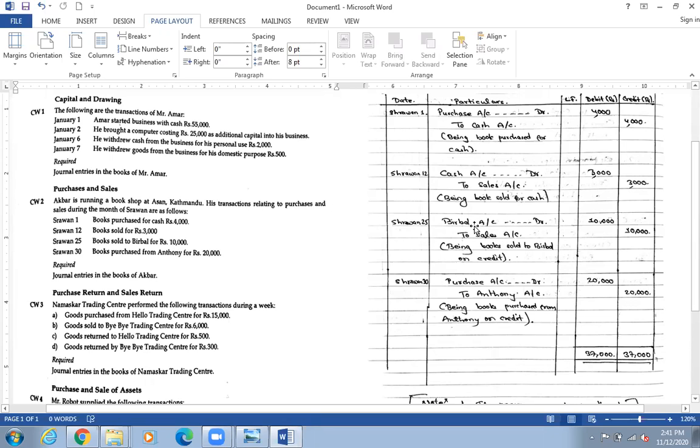Okay, understood or not? So if cash मा लगेको छ नि, cash account लेख्ने। If मान्छेको नाम छ नि, मान्छेको नाम लेख्ने। Okay, so next number 30, that means Shravan, 30 मा के गरेछ? अरे भन्दाखेरि book purchase from Anthony for rupees 20,000. Cash फेरि भनेन। Okay, so if cash is not mentioned, then what you need to think? That is a credit account again. अब हामीले क्याश को ठाउँमा के लेख्नु पर्यो? मान्छेको नाम लेख्नु पर्यो।